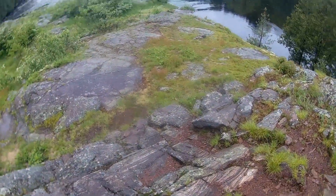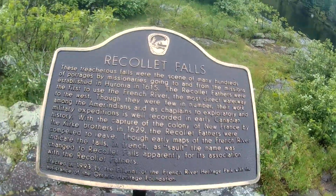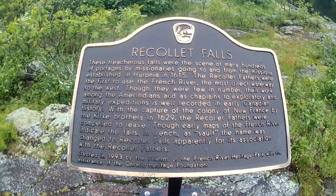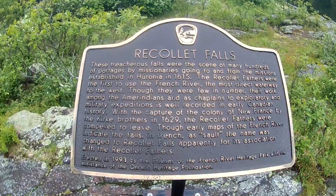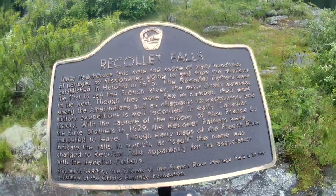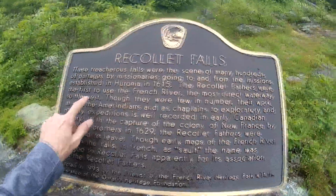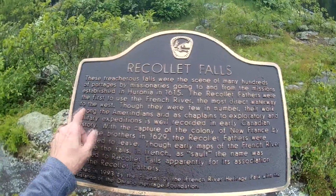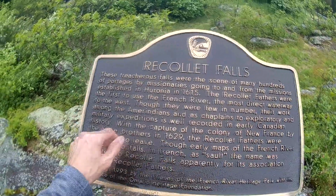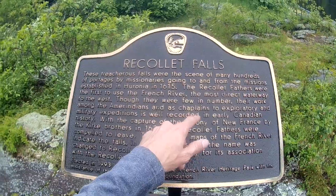Yeah, we'll go take a look at the plaque. Had a mosquito on my mouth. So I'll read this out to you guys real quick. These treacherous falls were the scene of many hundreds of portages by missionaries going to and from the missions established in Huronia in 1615. The Recollect Fathers were the first to use the French River, the most direct waterway to the west. Though they were few in number, their work among the Amerindians, and as chaplains to the...